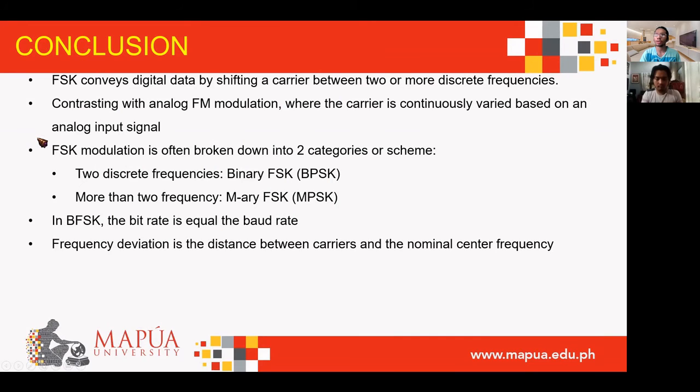So in conclusion, the FSK or frequency shift keying transmits digital information, that is ones and zeros, by switching a carrier signal between discrete frequencies. FSK is the process of shifting or modulating an analog carrier frequency at a digital rate. FSK closely resembles standard FM or frequency modulation. With FSK, the modulating signal is not a sinusoidal signal but a series of DC pulses that vary between two discrete voltage levels, in contrast with analog FM modulation, where the carrier is continuously varied based on an analog